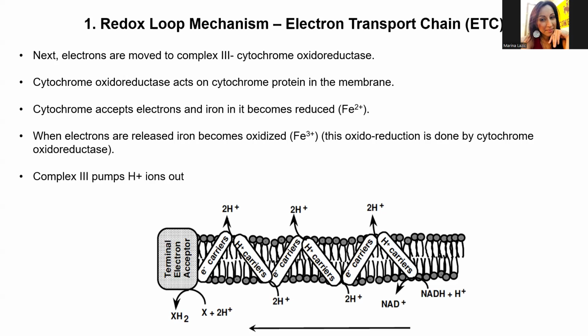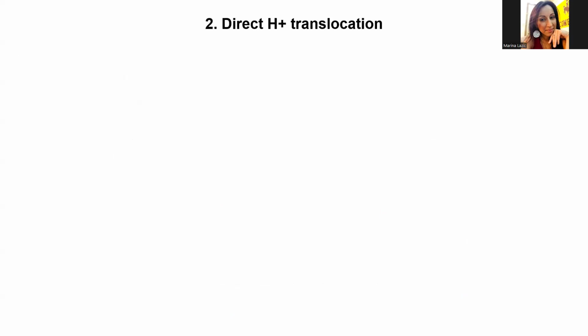The next way of proton motive force generation is also tightly linked to the electron transport chain, but we call this direct hydrogen translocation. There are two ways of this. That's where I kind of got a little lost. So one way of direct translocation is related to